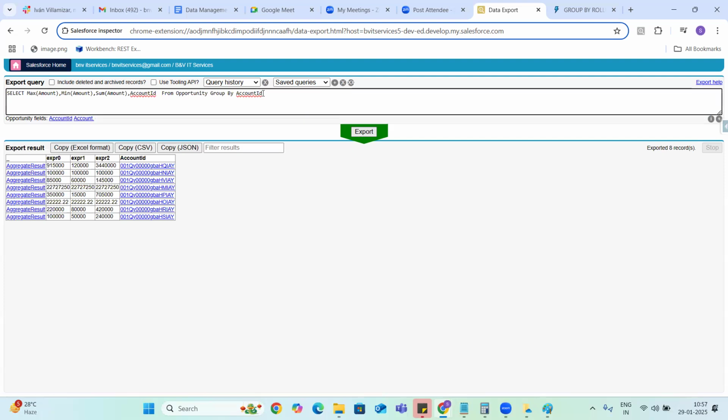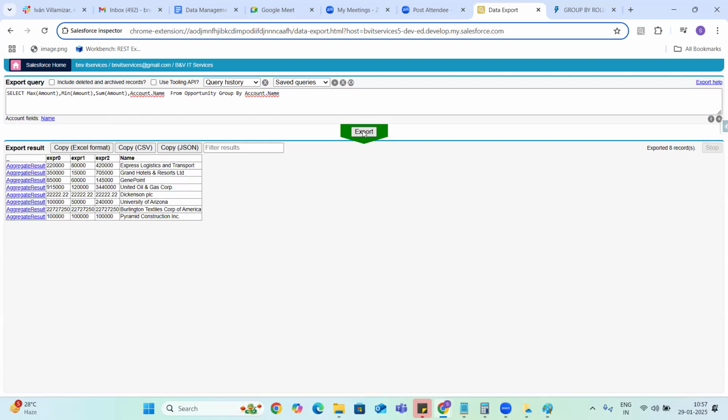So let me just try to give account name if that is possible. For example, if I open up this Gen Point account or Dixon PLC account or University of Arizona account, one account can contain multiple opportunities. Let me open up one of the accounts, Express Logistics and Transport account.